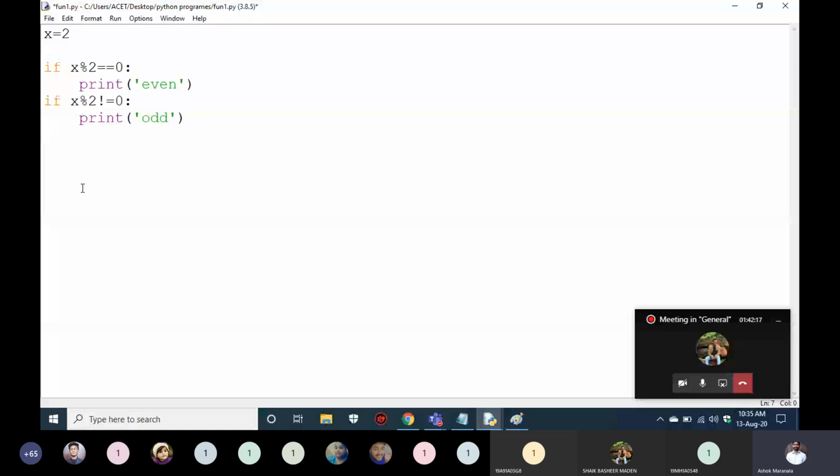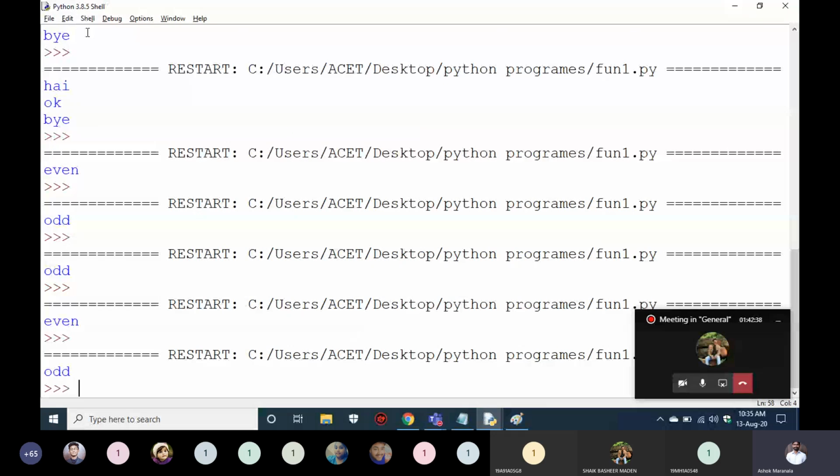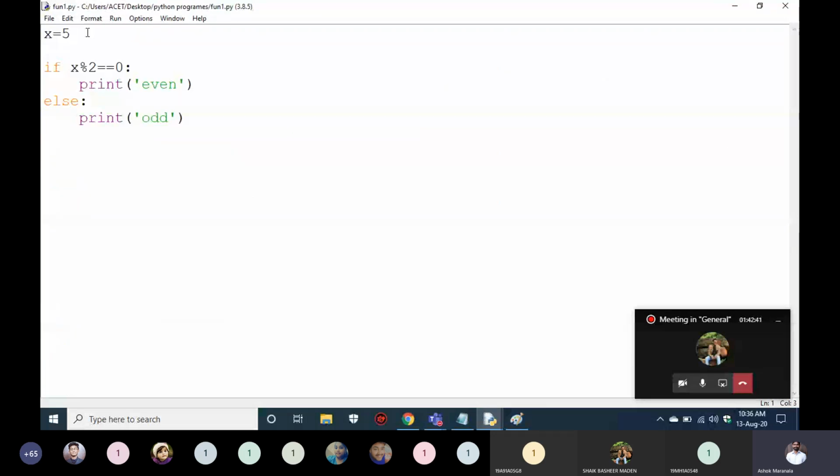Okay, so to reduce the time complexity, we use if and else. So if you use else here, even though if becomes true, else will be ignored. If becomes false, then only else will be checked. Okay, so ఇక్కడ నేను 5 తీసుకుంటే ఇప్పుడు if false అయింది, now else will be checked and you will get an output. Okay, so this is about if and elif. Okay, I'll give you some questions in your group, you try to solve them.